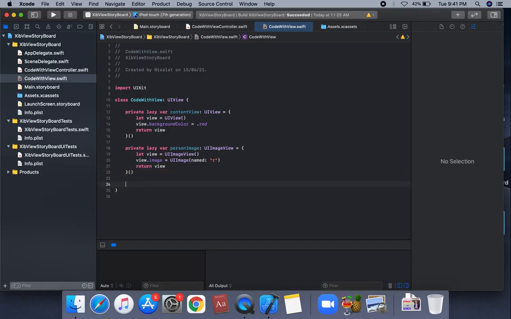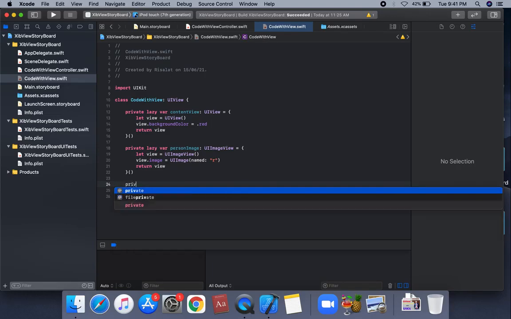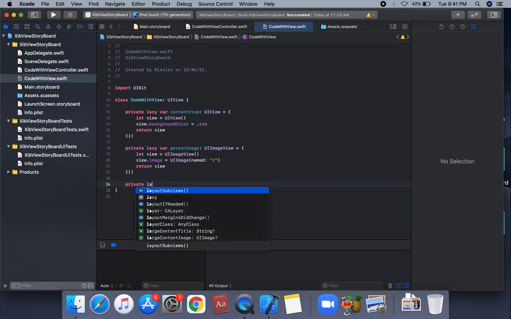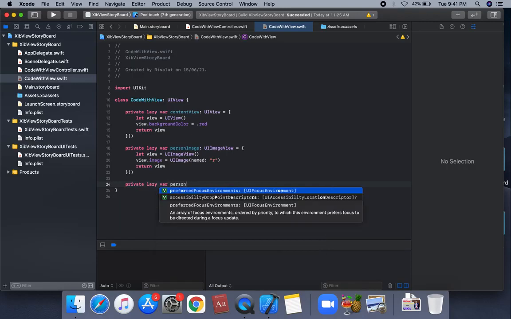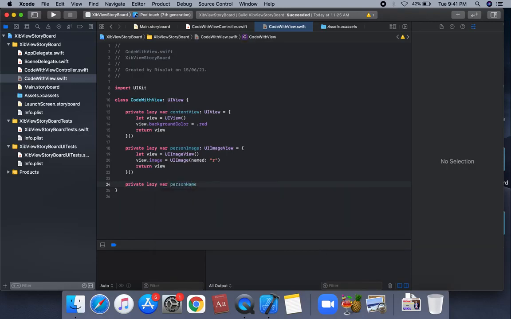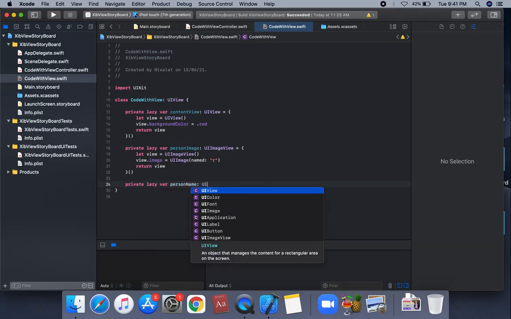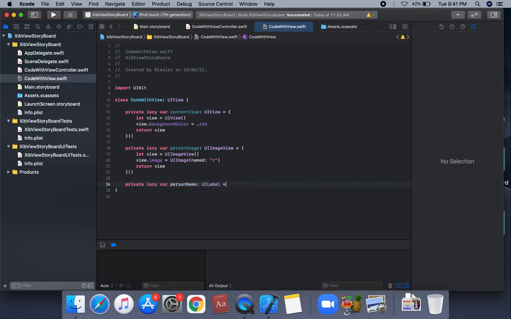Secondly, we can create the title, person name. It's a private lazy var person name, which is type of UI label, and is equal to a lambda UI label. So let label is equal to UI label.